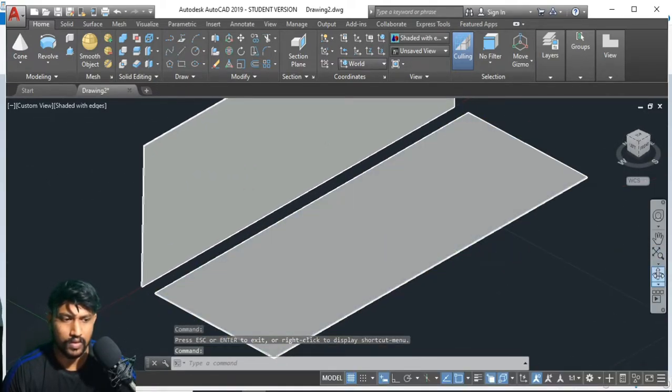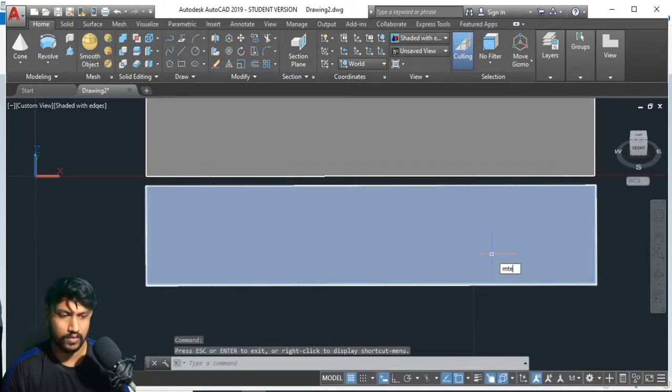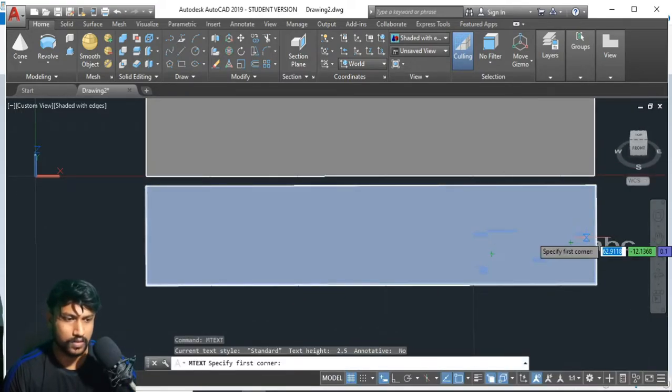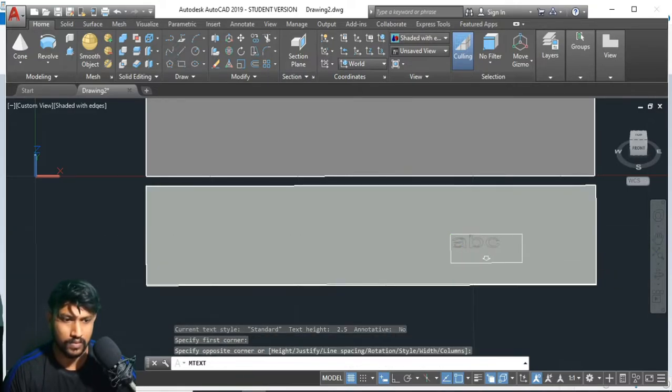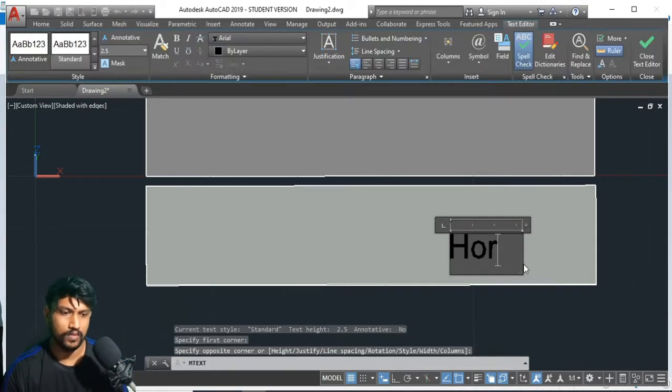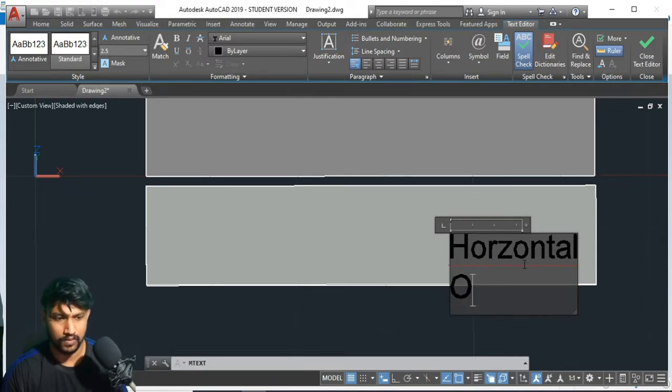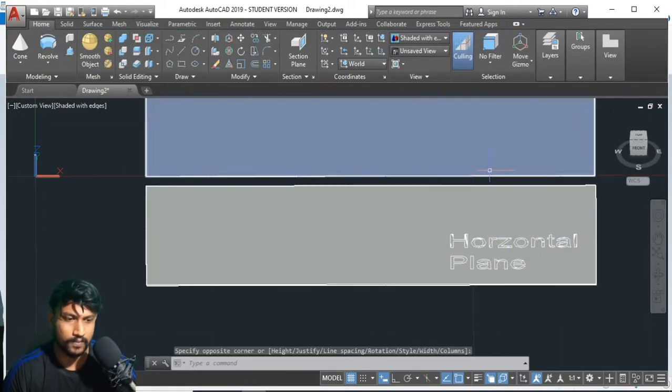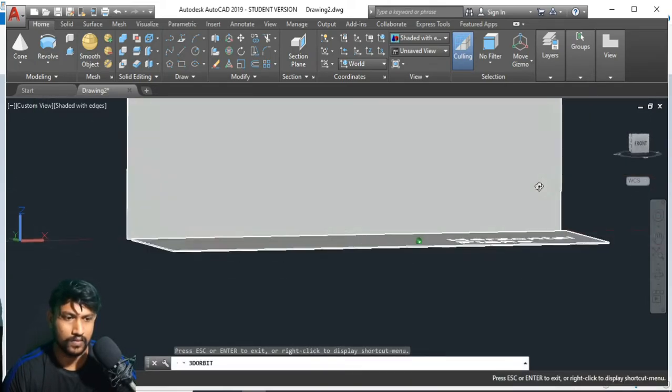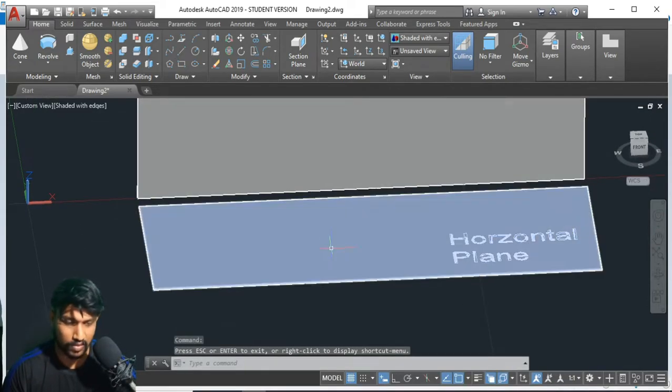So now what we're going to do is name this one horizontal plane. Vertical plane should also be written here. Let's copy this one.